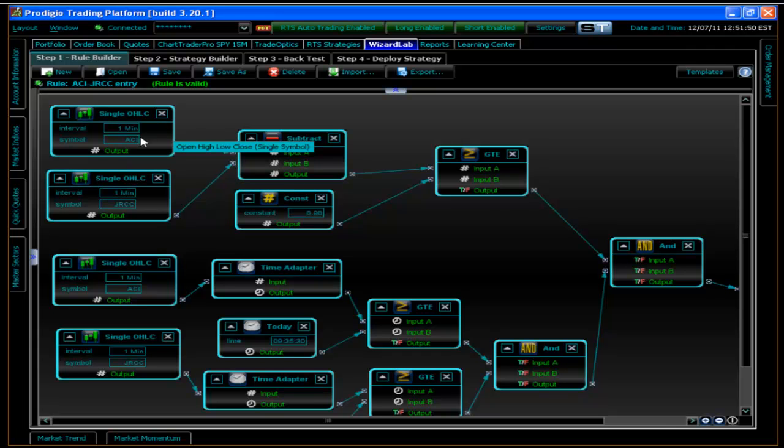It is subtracting GRCC from ACI, and it is comparing that to a constant, which is our short area. Remember, we wanted to short the pair at 8.98, and it's asking every 1 minute, is it greater than or equal to 8.98? And it needs to also ask, is the time